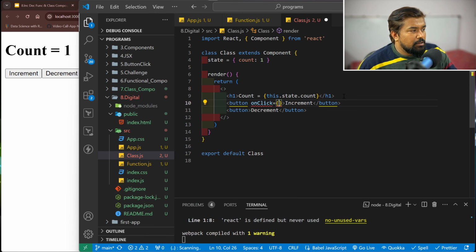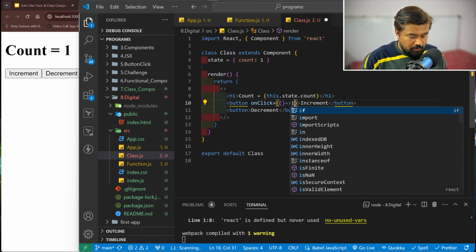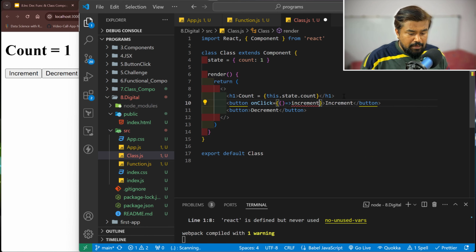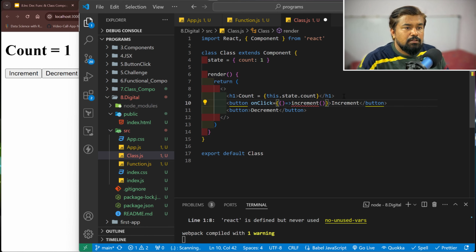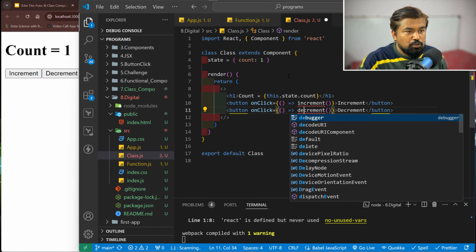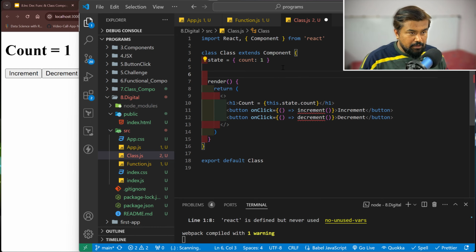Increment, decrement. So on click we need to call the increment method. Similarly on click we need to call the decrement method. So both methods need to be defined here, increment,